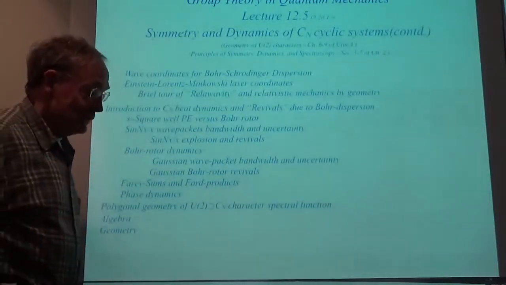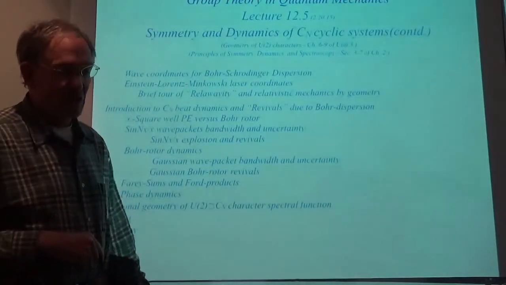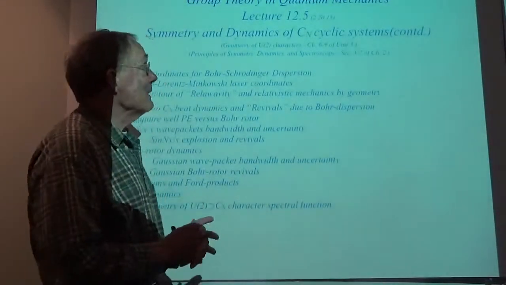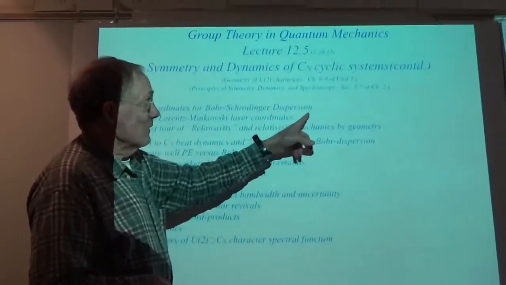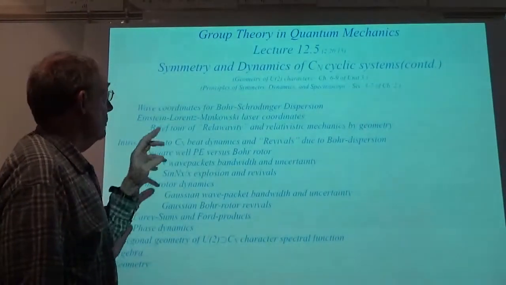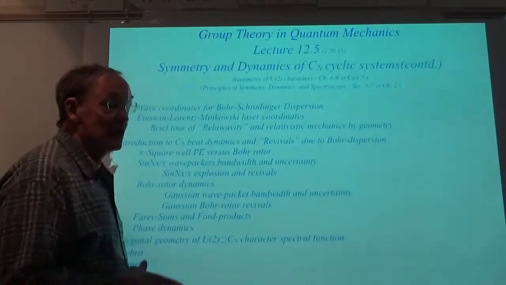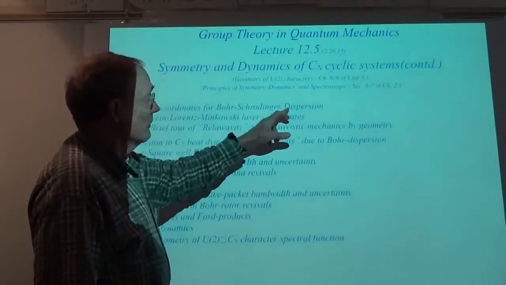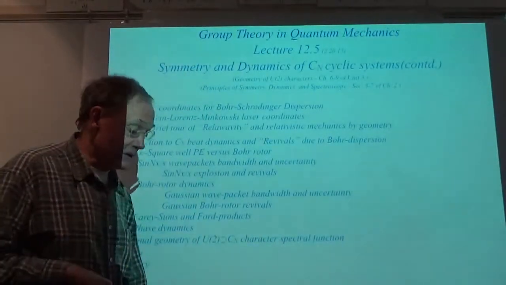Okay, we've got some wave mechanics in this particular lecture, which is an extension of lecture 12, so it's indicated as 12.5. And I want to talk about something we went through rather rapidly in the last session with lecture 12, and that's the wave coordinates in space and time and per space-time. In particular for the Bohr-Schrödinger dispersion, which has some interesting properties, but I also want to make it quite clear